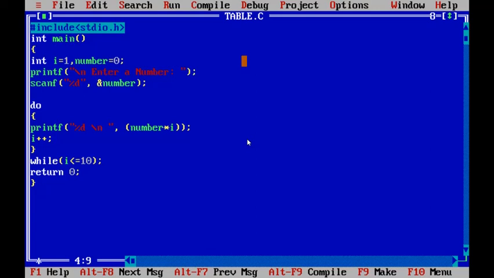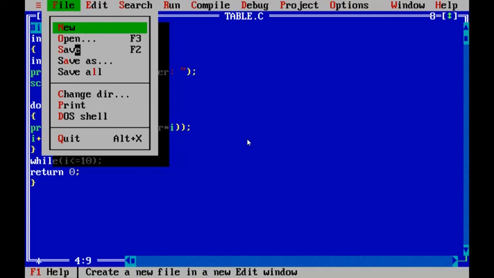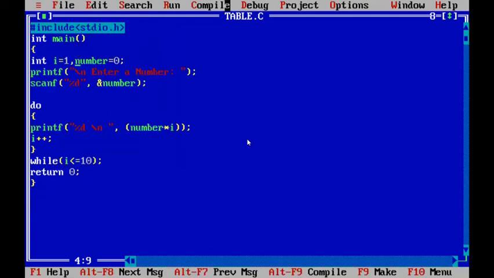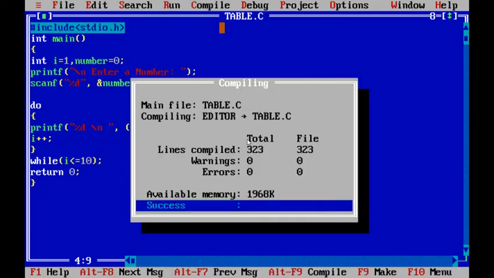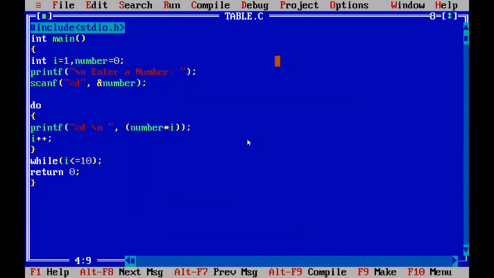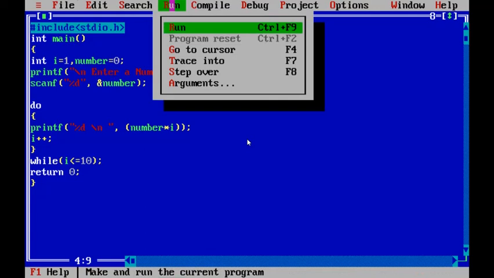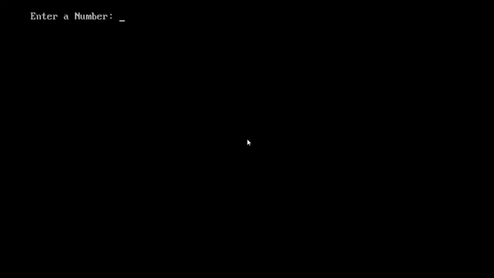Now we will save the file again, compile the program. Okay, no errors. Compilation is successful. Now run the program. Run. Enter a number 5.